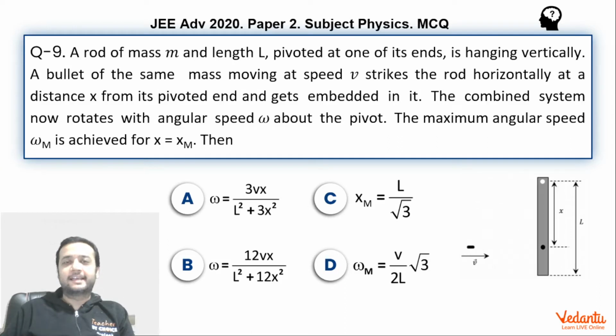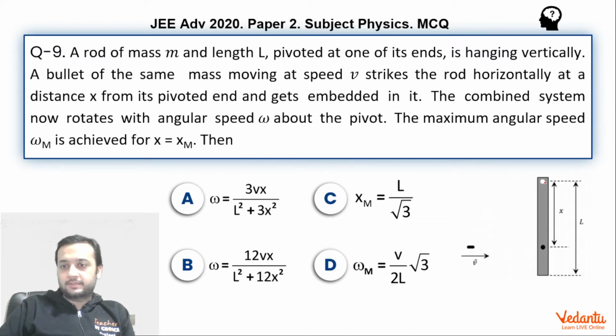Hi dear students. Let's see this question that was asked in JEE Advanced Paper 2 Physics in the year 2020. This was a multiple choice correct question, and I am sure that more than a lakh students in India would have done this question correctly. For no reason whatsoever you can get this question wrong. A fairly simple question, like one of the most regular questions that you can ever get. Very easy picking. So let's see what's happening over here.